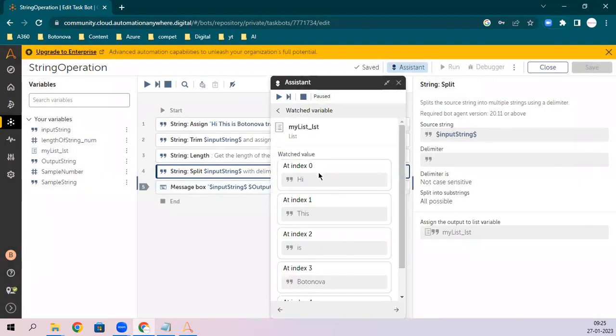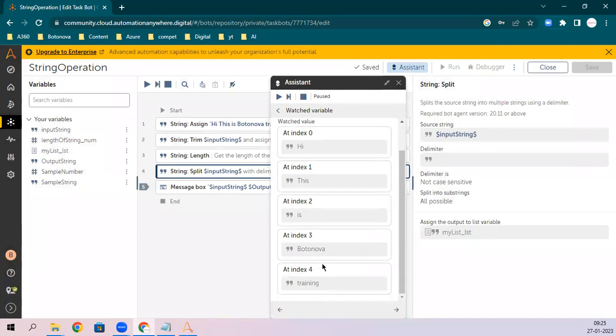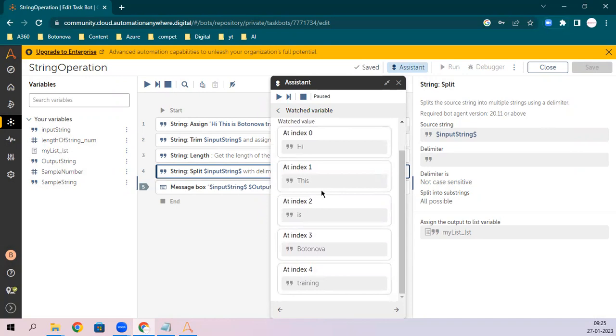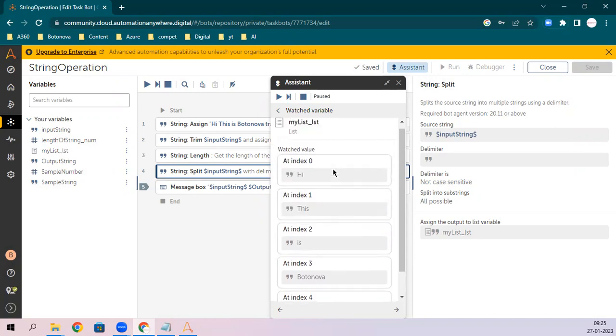See, you got the variable: Hi, this is Botanova training. So your string is converted to a list variable. At index zero you have Hi, at index one you have this, at index two you have is. So this is delimited by space.